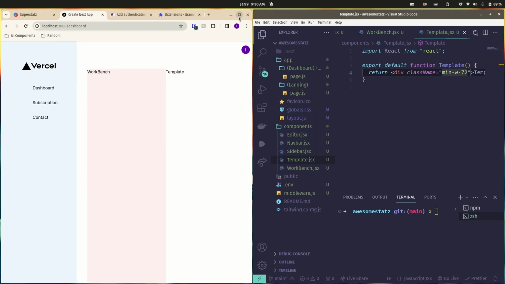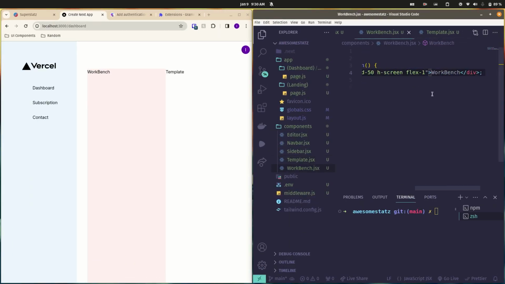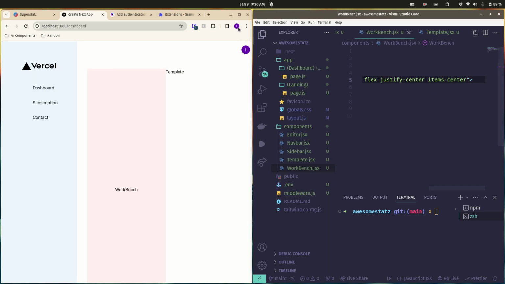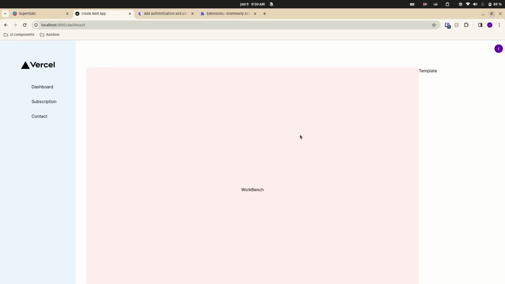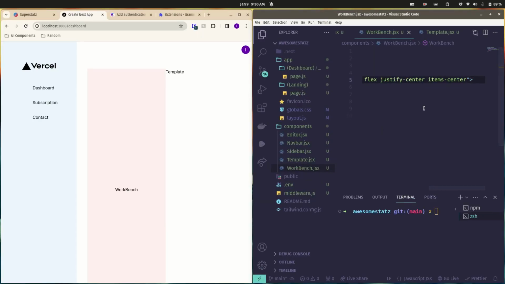That will work good. Yeah, now this looks better. Now in workbench, just come here. Flex, justify-center, items-center. Perfect. So workbench component looks something like this. And for